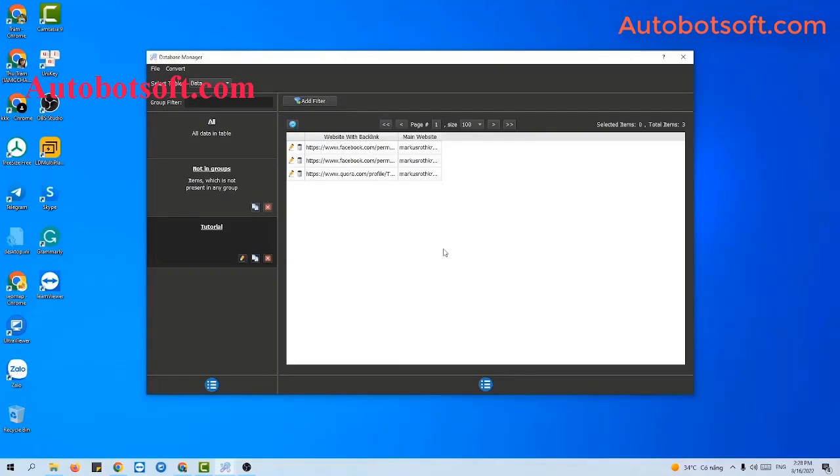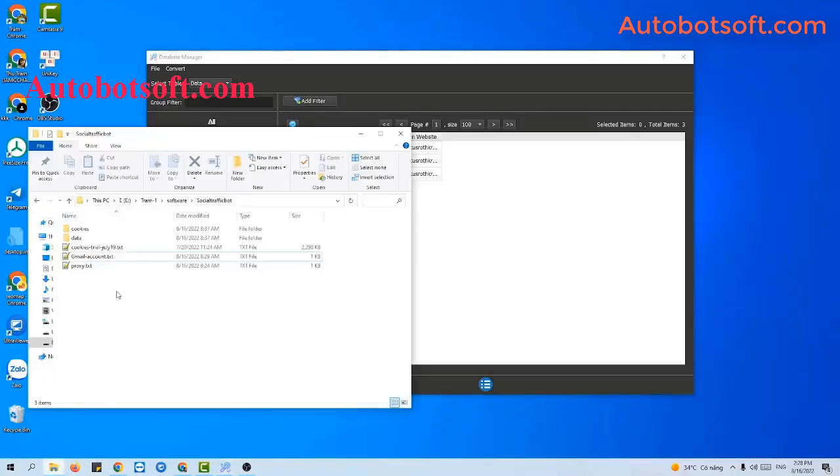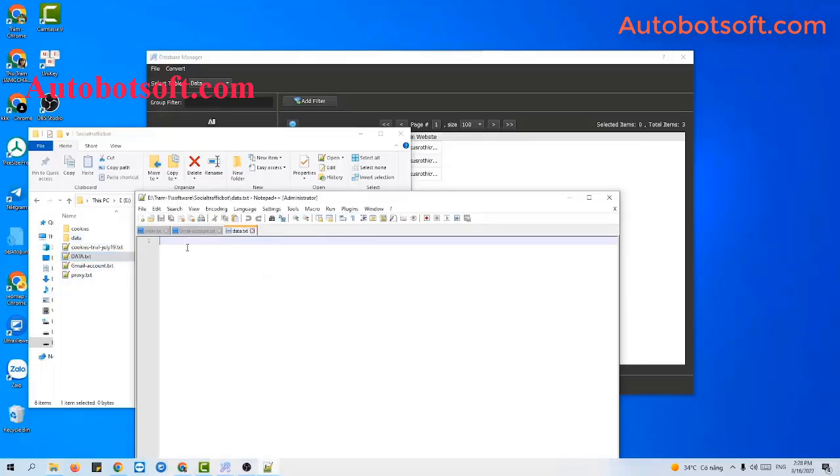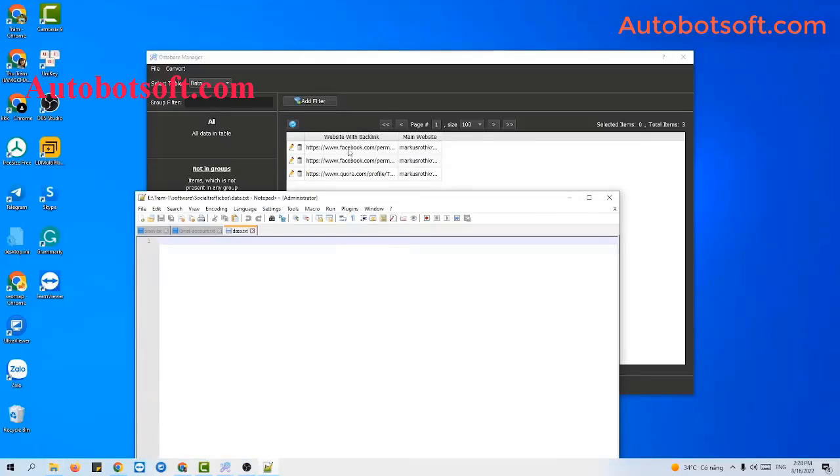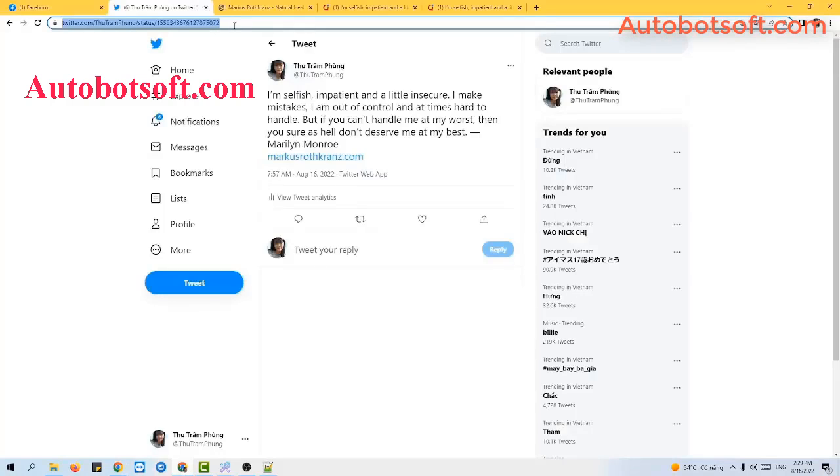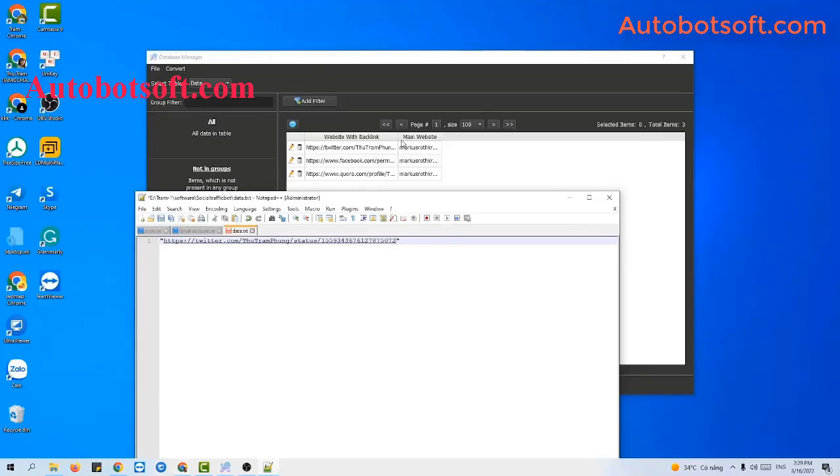The second way for you to import data is to import a file. To do this, you will create a text file to save data. Then you need to enter the website with backlink and main website into this text file. You separate them by a comma. First you copy a backlink link, and remember to put it in quotation marks like this, and then